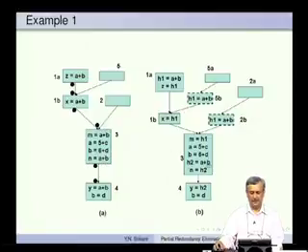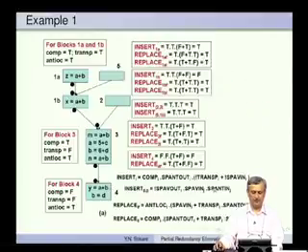So, we have to do a recomputation of A plus B and that is done in a different variable h2. So, h2 equal to A plus B is an insertion and n equal to h2 is a replacement. This y equal to A plus B is replaced by y equal to h2. So, this is what we mean.